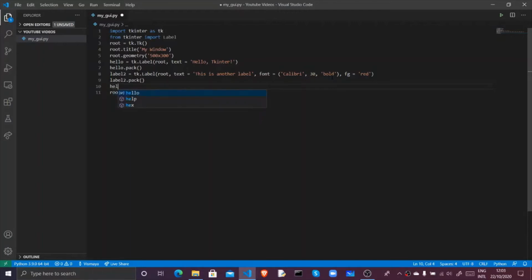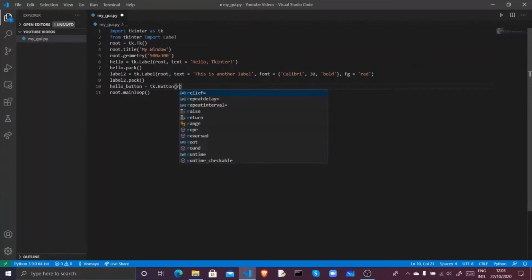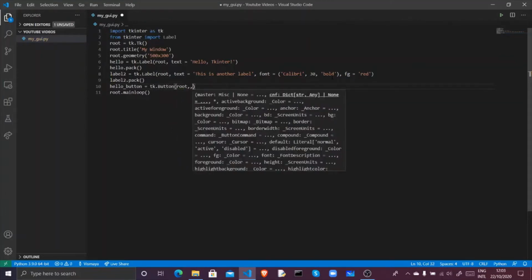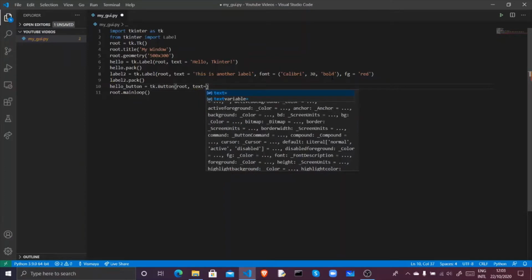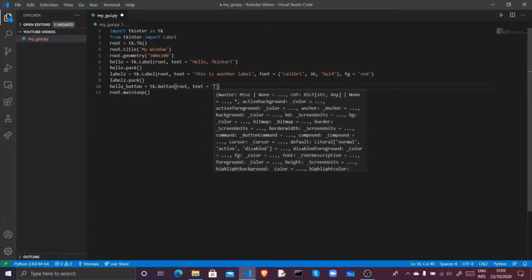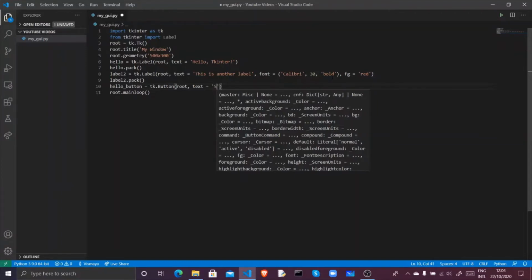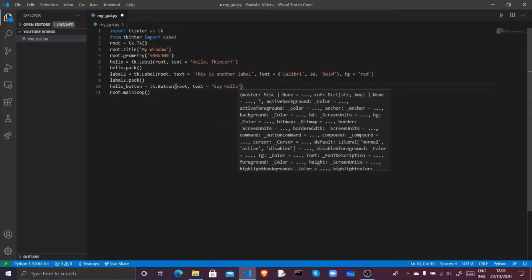Let's call it hello button is equal to tk dot button. Same way that we did for labels, we specify the parent. Now we can enter the text that should be displayed. If you're coming from HTML, you could take this as a value, text as the value that you give for the inputs. Let's give the text as say hello. Okay, so we've done this,